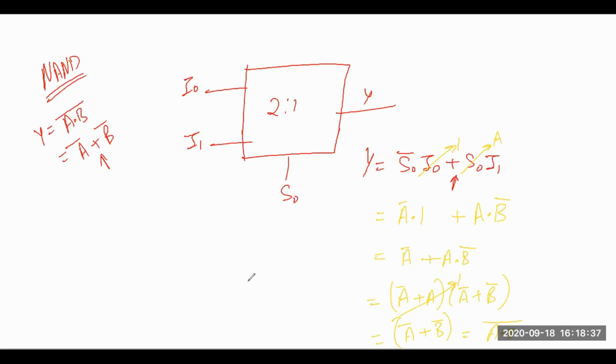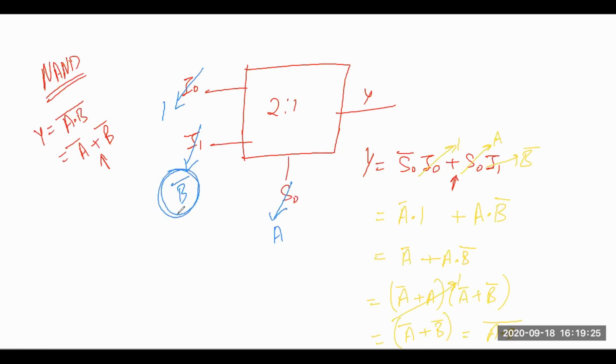Okay, so this is the first case where I am taking something as bar of any variable. The first time I am taking something as a complement of any variable. Here I1 I am considering as B bar, S0 I am considering as A, I0 I am considering as 1. In all previous cases you have seen that you have taken these pins as A or B, but in this NAND case you have considered B bar,